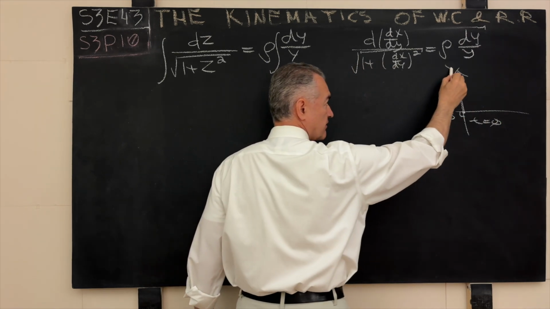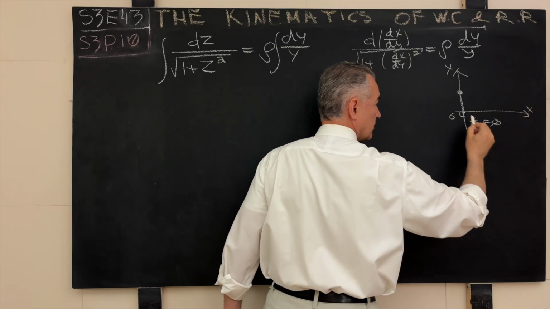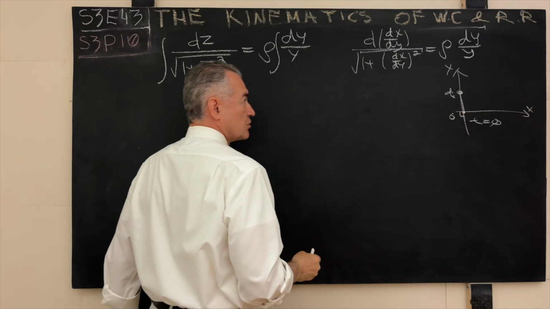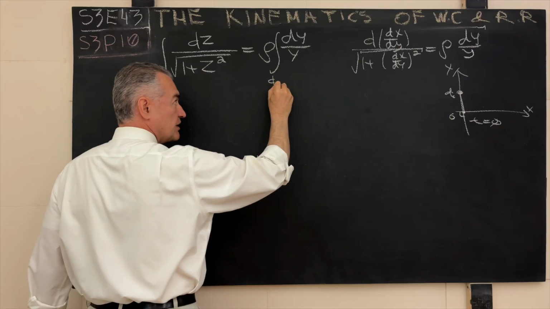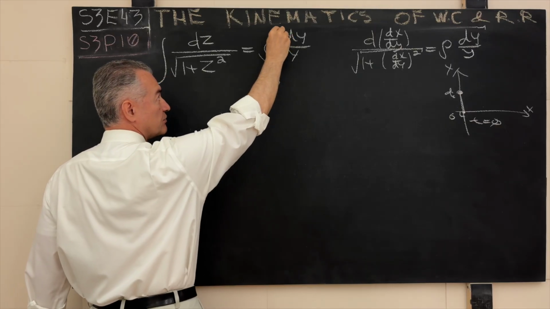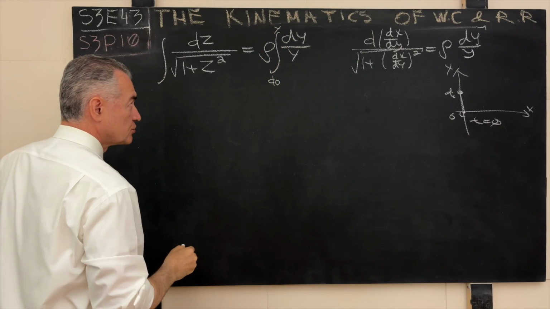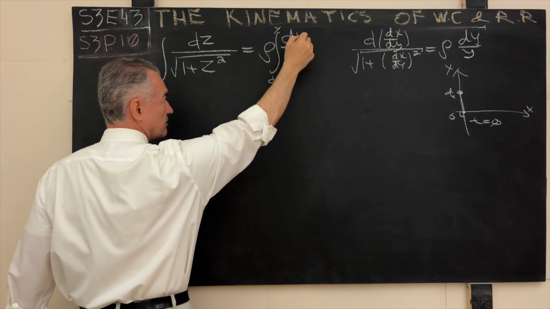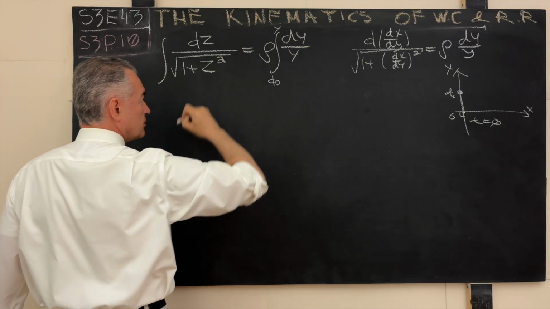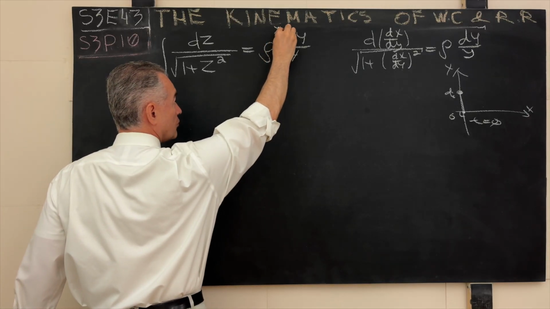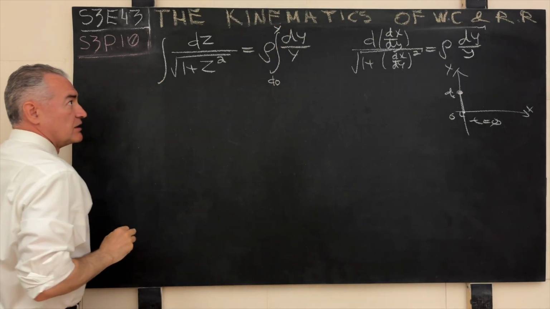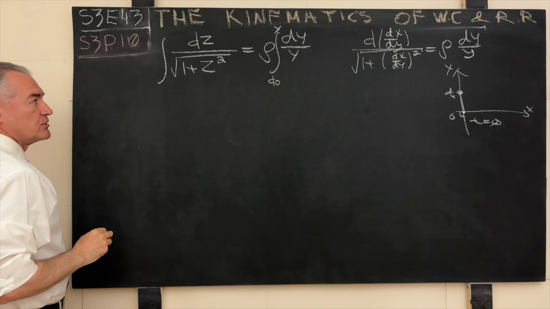What was the initial value of y? It was d0. So this d0 goes over here, d0. And what is the upper boundary? Well, it is the current value, y. Also, get used to this. This is nothing complicated. You'll be doing this all the time. So grow up and figure out that that is a way to go.